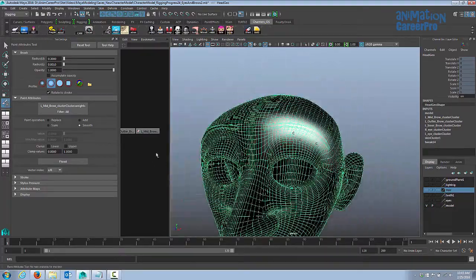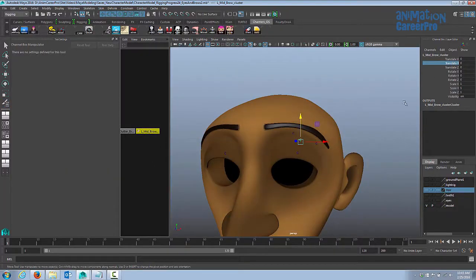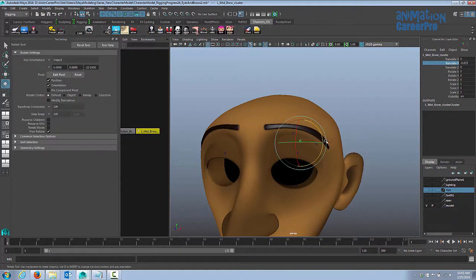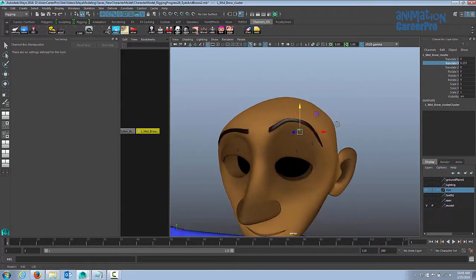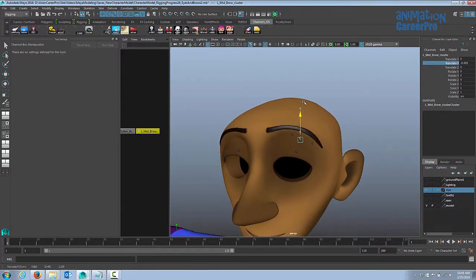So now let's select our cluster and see how that looks. Okay. So you can see it's still affecting the center of the brow the most, but it's still moving the inner and outer a little bit, which is good. So if we rotate that one in Z, you can see that we can get some other expressions out of the eyebrow that way as well. Of course, we're going to refine this a little bit now. Once you get the eyebrow deforming nicely for the Y translations, usually it will rotate nicely as well. So let's just do the up first.